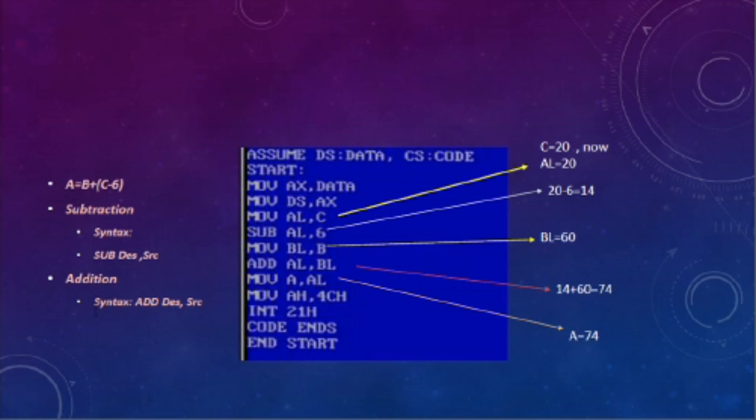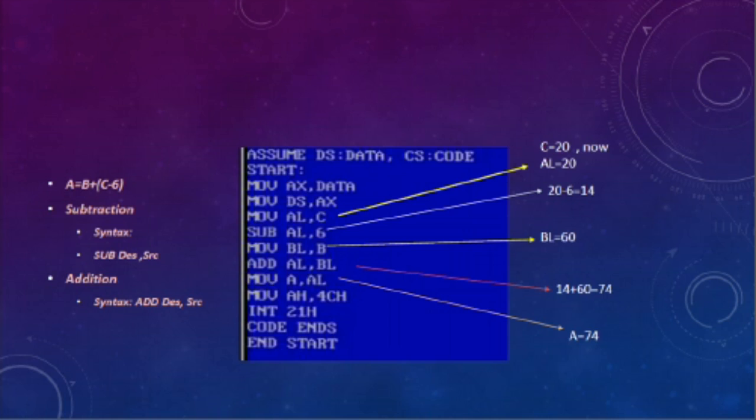The syntax for the addition operation is ADD destination comma source. The value of AL is 14 and the value stored in BL is 60. When we add 14 plus 60, we get 74. Now 74 is the value stored in AL.